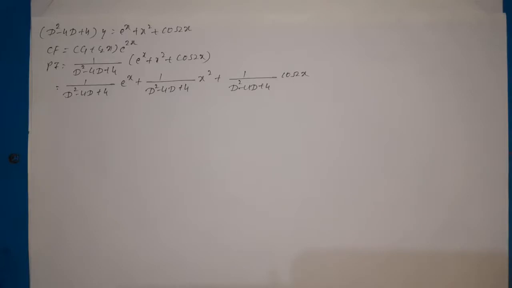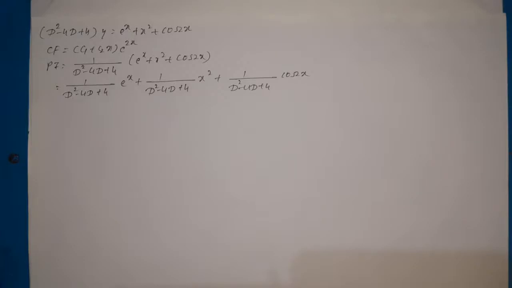So one is e power x, that is the first case of particular integral, then cos 2x, that is the second case, and x square, now that is the present case of finding the particular integral. So here the complementary function is (c1 plus c2 x) e power 2x, means the roots of this equation are 2 and 2, means 2 is repeated twice. So therefore the complementary function becomes (c1 plus c2 x) e power 2x, and the particular integral is 1 divided by